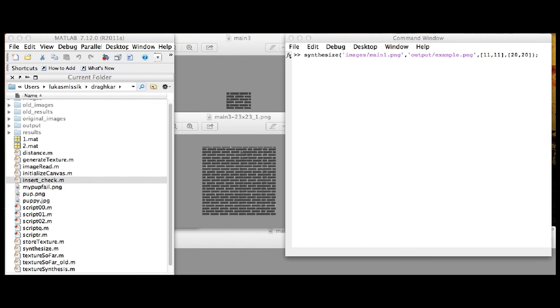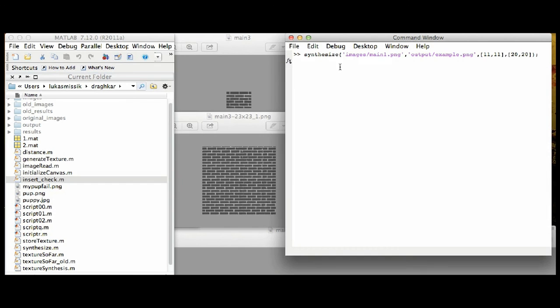Here is an example of our program in action. We specify the input file, the output file, the patch size, and the size of the new image we wish to be generated. Our program takes a little while to run, so we'll go ahead and skip to some previously